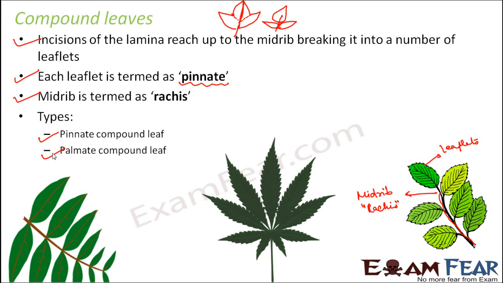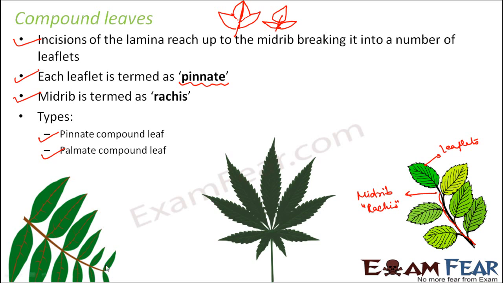So in a pinnate compound leaf, you actually have one strong midrib. That is what pinnate means. Pinnate always means one strong midrib. Palmate, which is like a palm, like the fingers of the palm, means many strong ribs. So here in the pinnate compound leaf, you actually have one strong midrib or rachis, and you have several leaflets